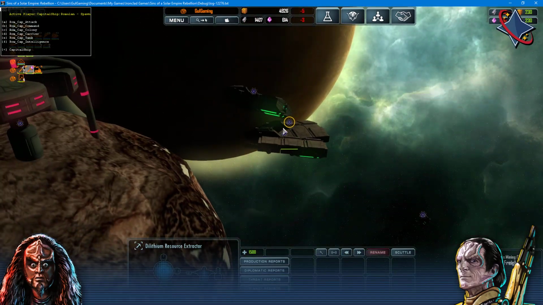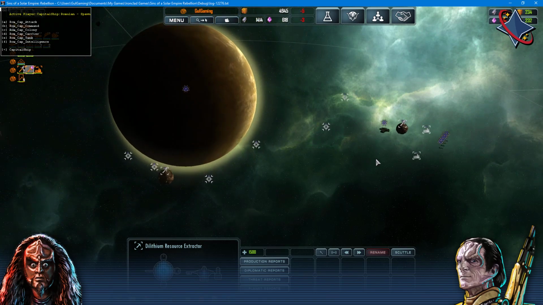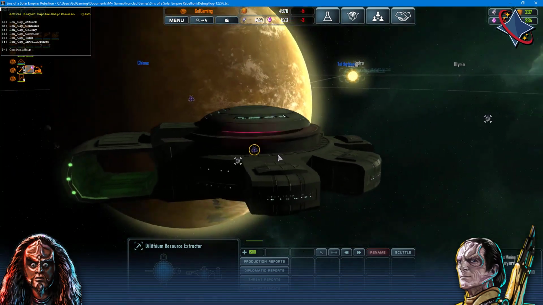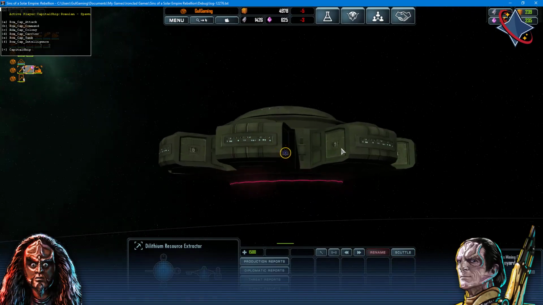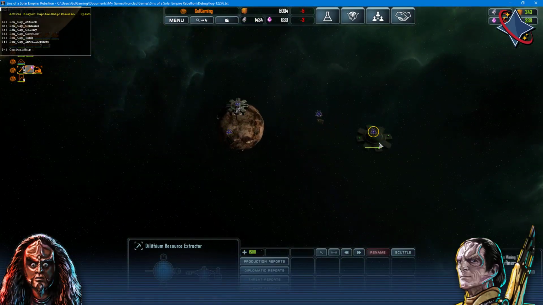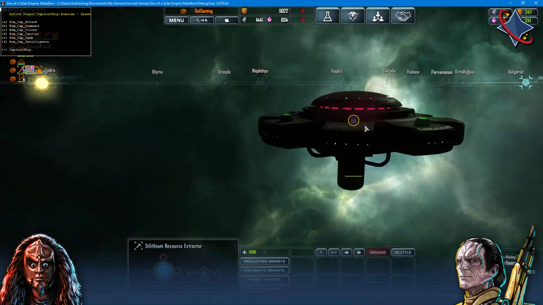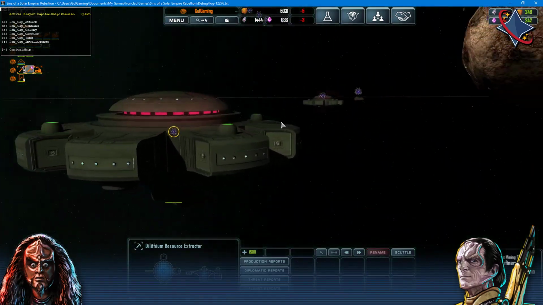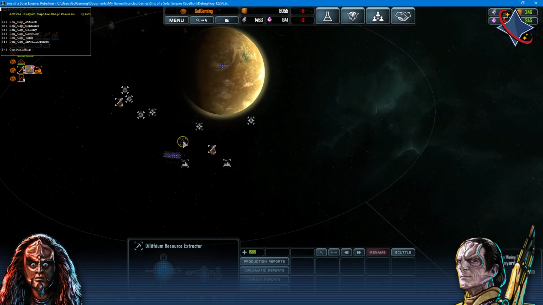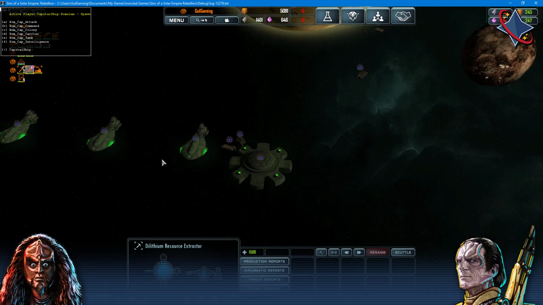The Andorians use a very similar freighter. Oh god, where have I gone? There's their frigate yard. Or refinery. Is that another refinery? Yeah, it is. And that's all that they've got at the moment, aside from their ships, of course, and their...